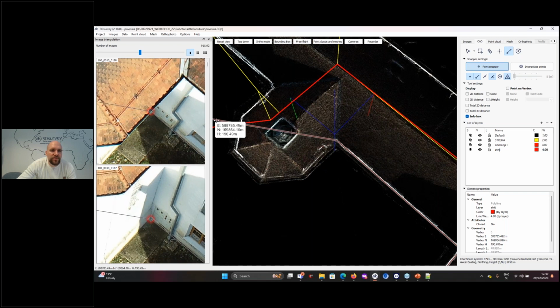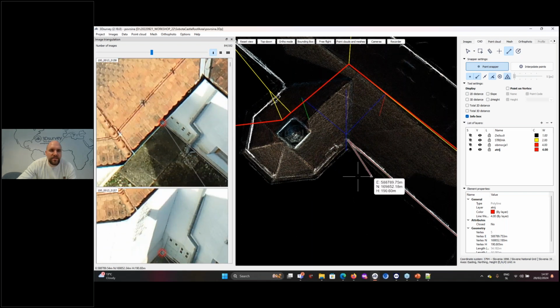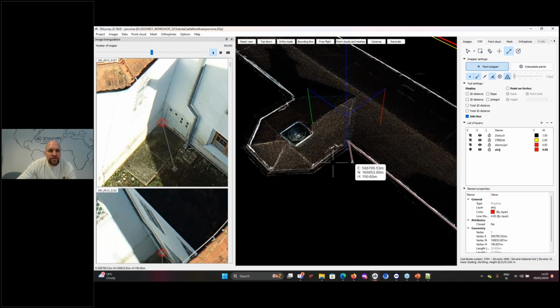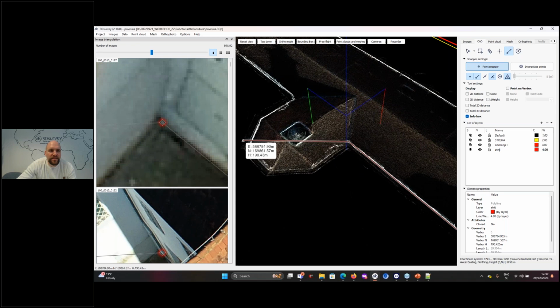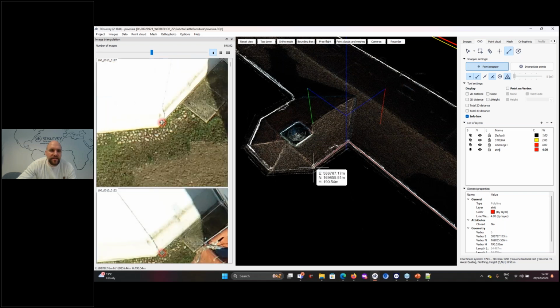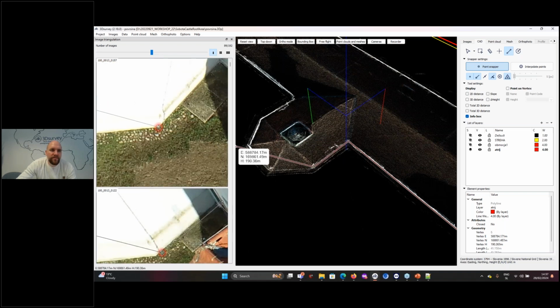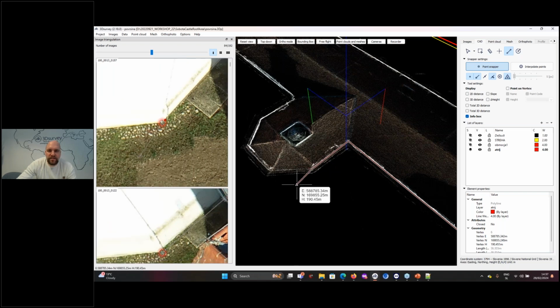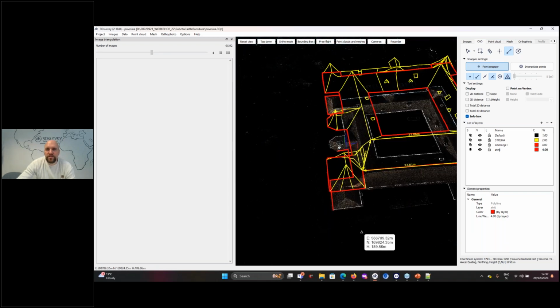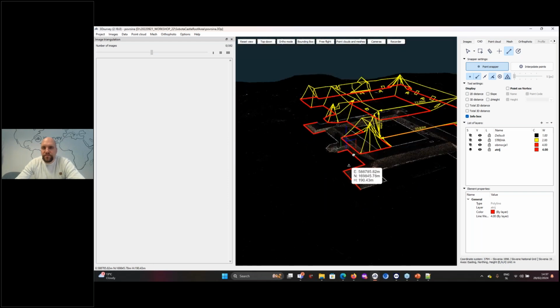So when that happens, I just rotate the camera view here, and the software automatically selects a picture that sees this point from a similar angle. So if I continue like that, I can now very quickly and effectively digitize this whole building. And actually this roof was digitized in the same way.